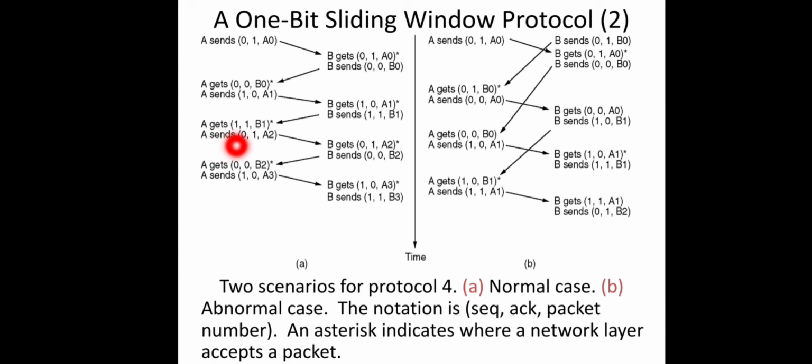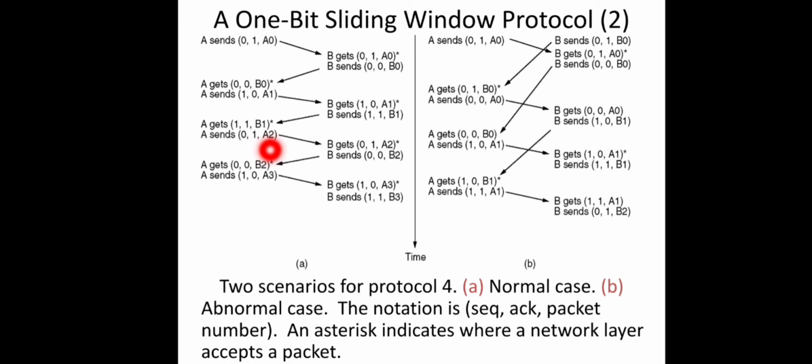So here the issue is always between two successive frames in case of duplicates and all, right? So a single bit can be used to represent the sequence number. So 0 and 1 are used. The first frame will be represented using 0, the second using 1, the third again using 0, like that. So the third frame has sequence number 0, and the acknowledgement for the second frame from B, that is frame number 1.